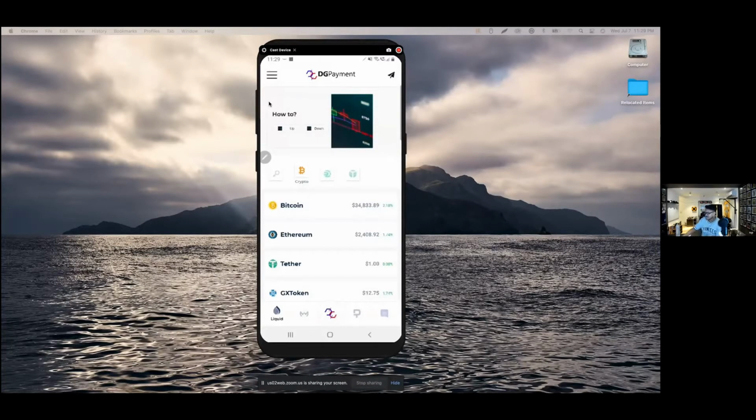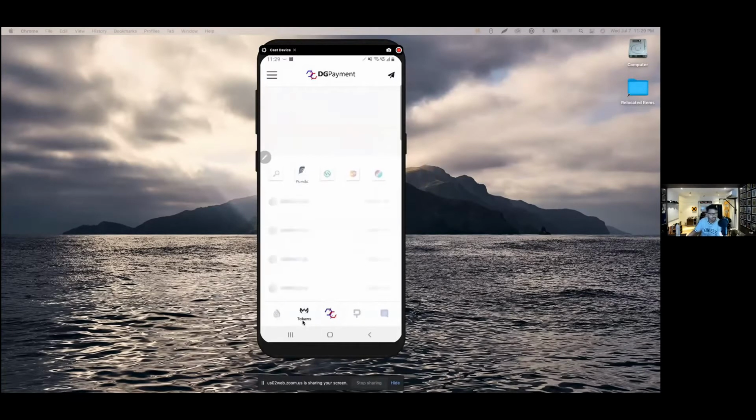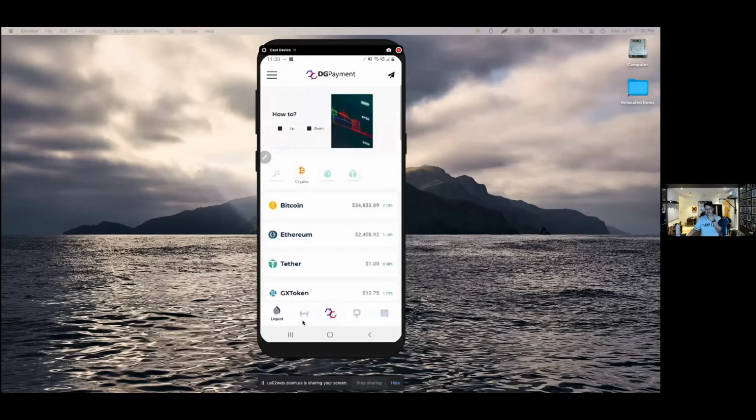So there are 4 types of markets. There's liquid, there is tokens, there is DeFi, and then there's bots. So I will go through all 4 of them. Inside each of those,